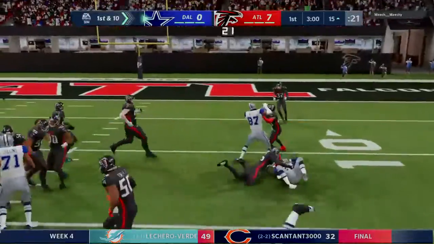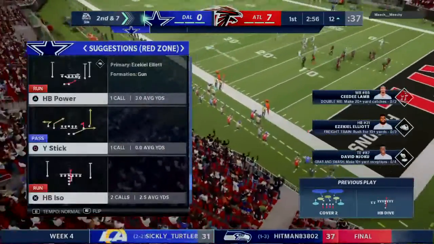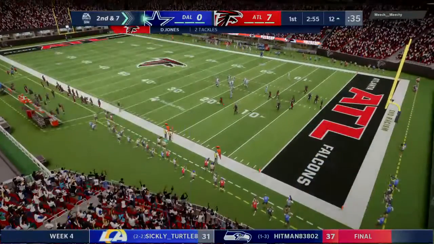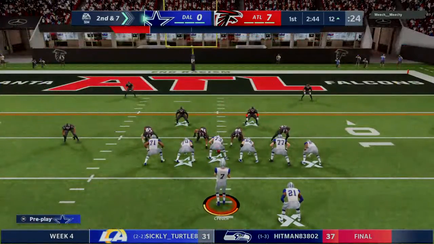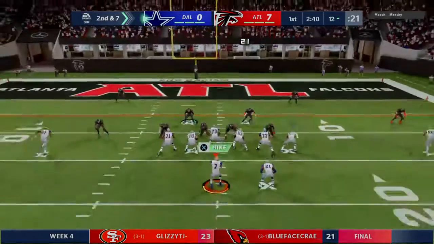Here's the first carry for Ezekiel Elliott. He takes us down to about the 12 for a gain of 3. Just not a whole lot of room to operate there on that carry. No, not at all. They did a really nice job staying in their proper places and not allowing any lanes